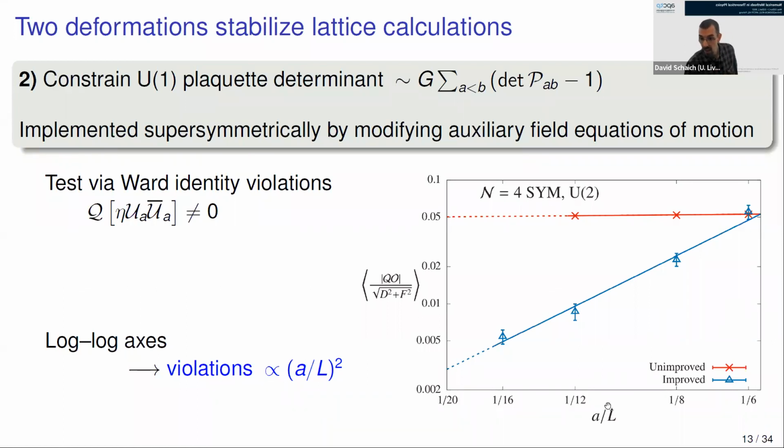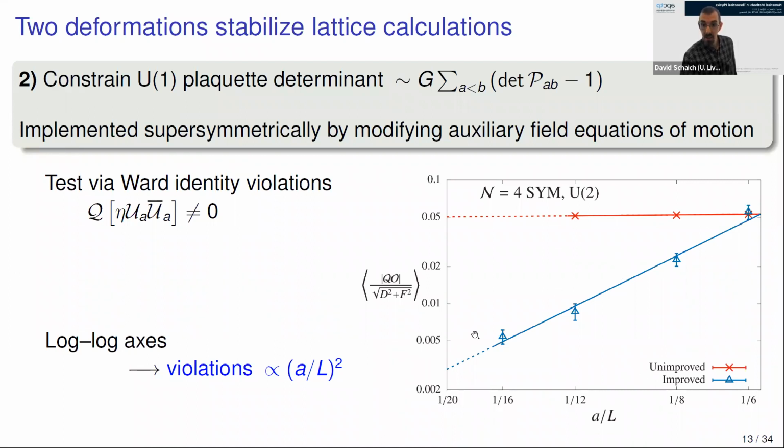So when L goes to infinity, we go off to smaller and smaller values on this logarithmic scale. So we do have a valid formulation of the theory even with that deformation. But we can see that the red points are approaching 0 relatively slowly as the lattice volume increases,